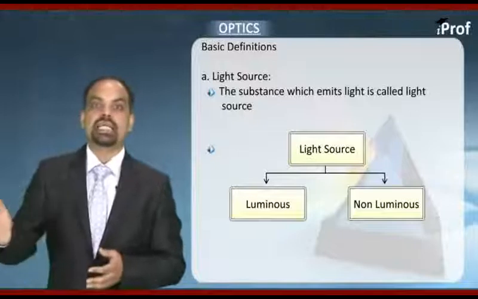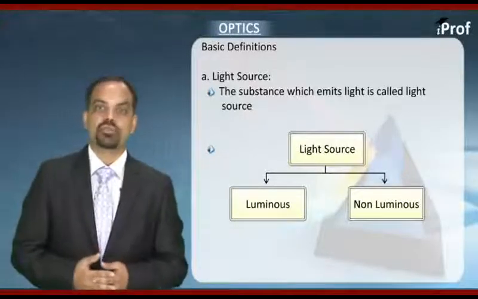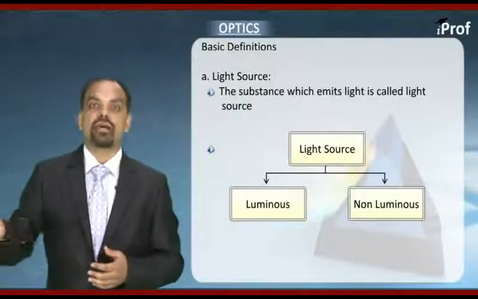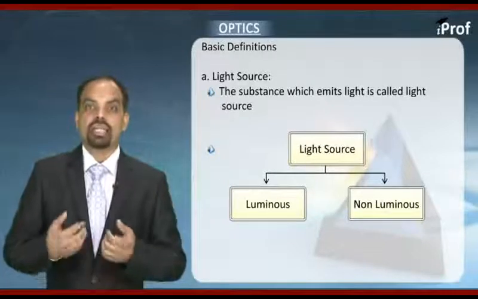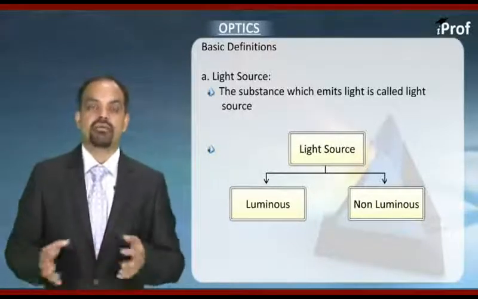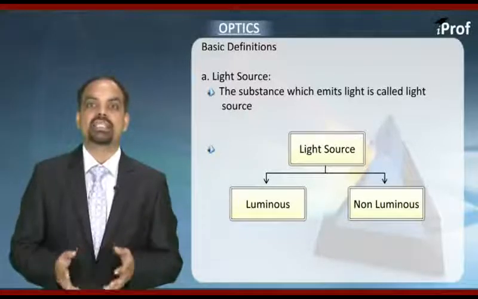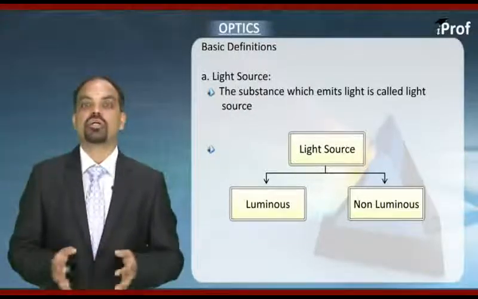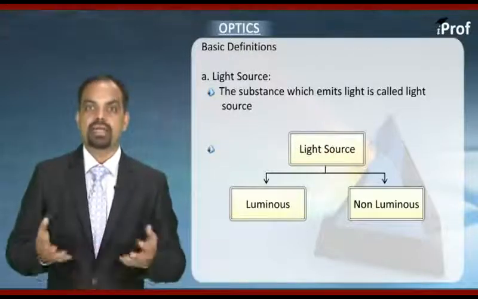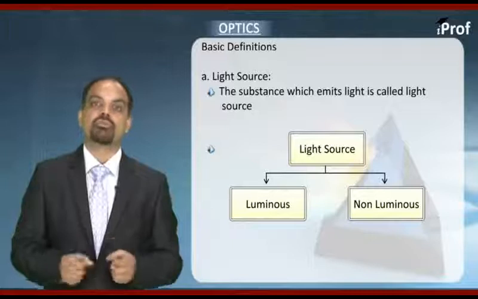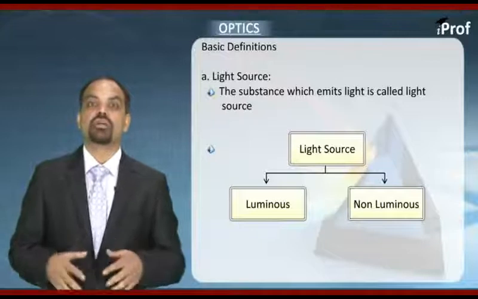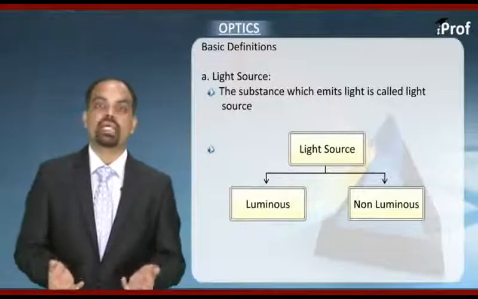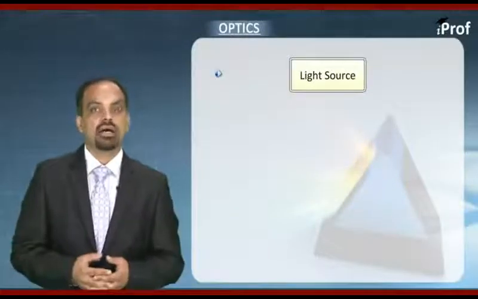Now coming to the second category, of course the moon is the example which comes to our mind conventionally, but again the moon is far off. Let's focus on the objects around us. In fact, anything you are wearing right now, the table, the chair, wherever you are in your house, except tube light and bulb, you will find most of the objects are non-luminous. One basic distinction: if we switch off all luminous sources in this world, then you will find non-luminous sources will not be visible because they don't have their own light. They are simply acting as sources of light by reflecting light received from other sources.